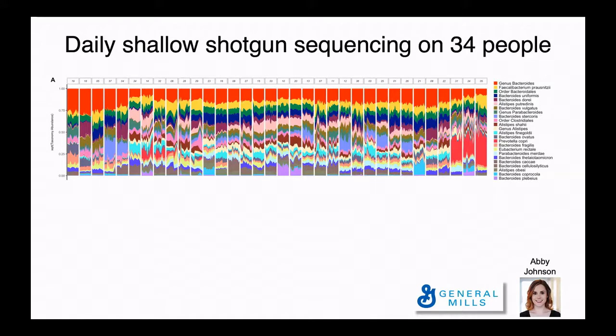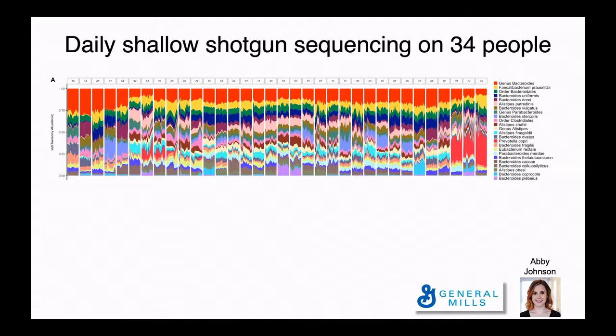So this is work that was led by Abby Johnson, who's a postdoc in the lab. And Abby has an interesting background. She has a PhD in nutrition at the University of Minnesota. Then she went to Nestle and worked in research at Nestle for a while, and then decided to come back to the university and learn how to do microbiome analysis. At the same time that I was saying, gee, I really wish I had someone who knew nutrition so that we could develop better nutrition methods. So she's been in the lab doing work to basically improve how we analyze diet data. And she carried out this study as part of that development work.